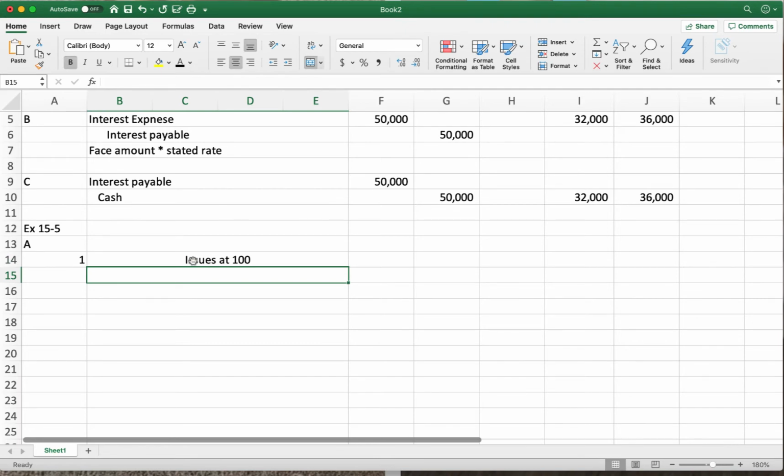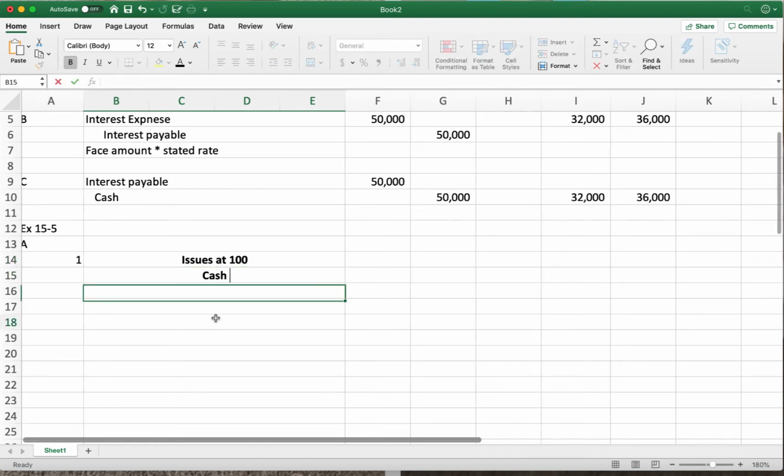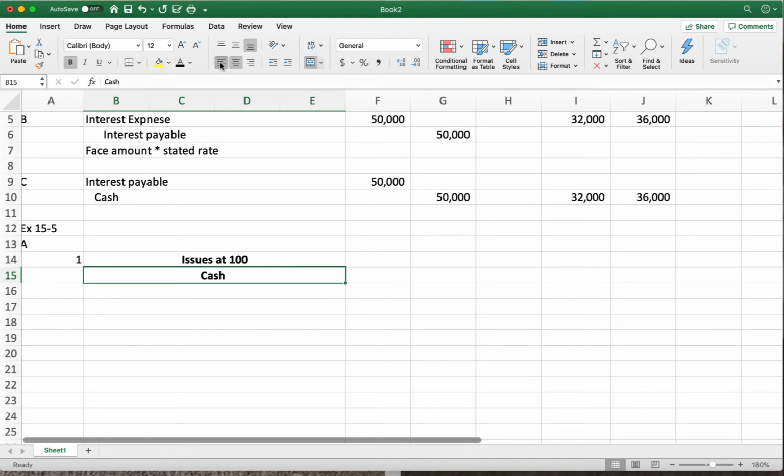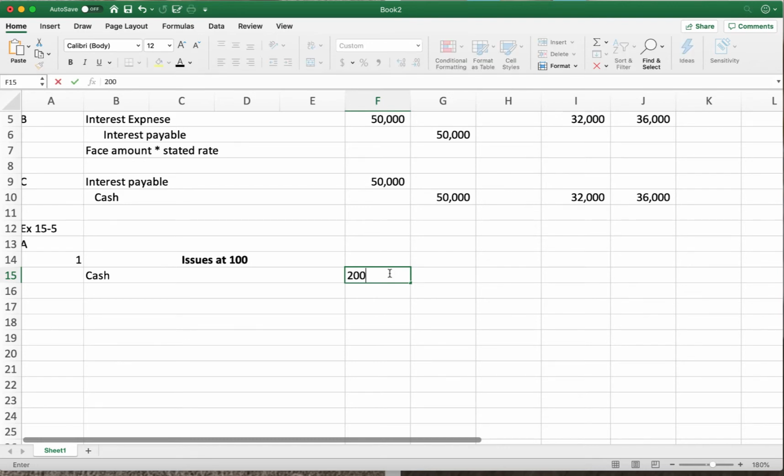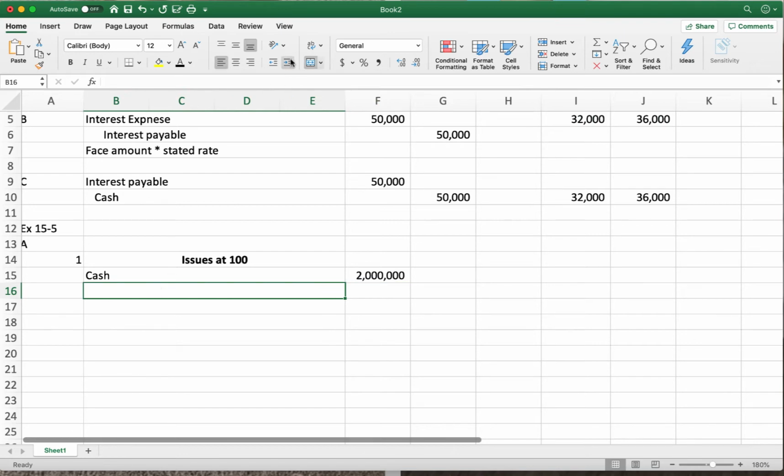Well, first thing we need to do is we need to credit cash, just like we did before. Credit cash for the par value, $2 million. Or the face amount, they're both the same thing. And we credit bonds payable